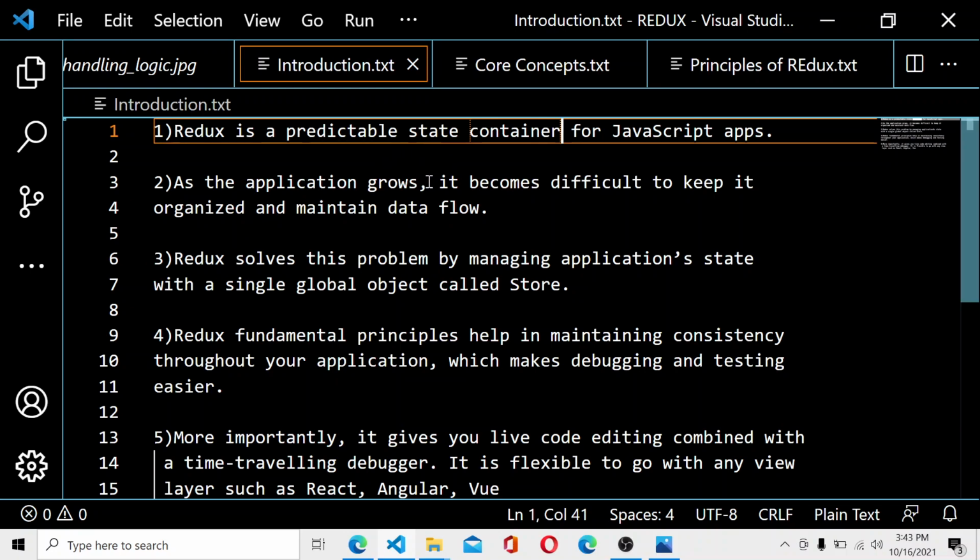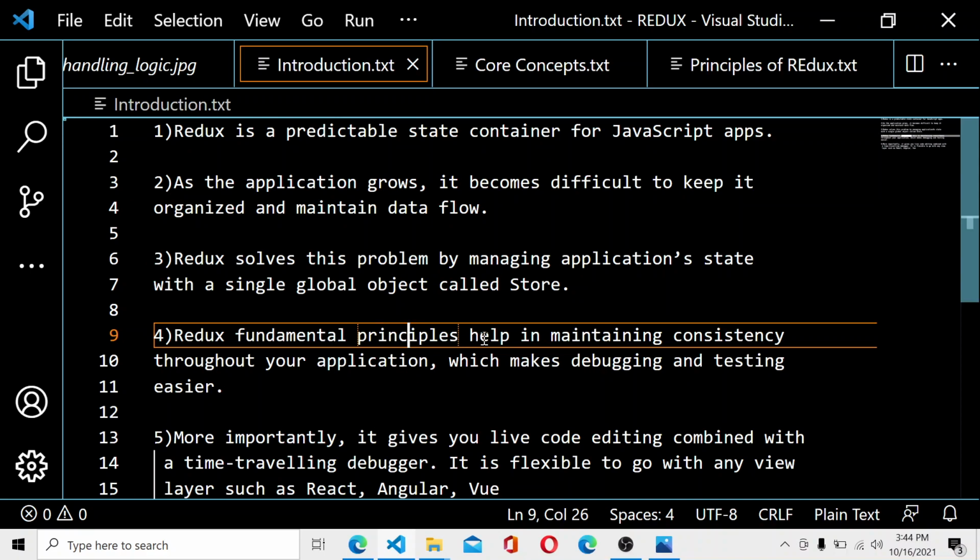Okay, which means that, for example, if you are studying in your school and you want to communicate from one class to another class, and you want to communicate to another class also, and like that you want to communicate to four or five classes, you are having a big problem. But Redux will overcome this problem by creating a global communication center over there, and you just want to maintain your communication to that global communication center, and that message will be passed to all the four classes over there. Okay, and that global communication center is known as the store.